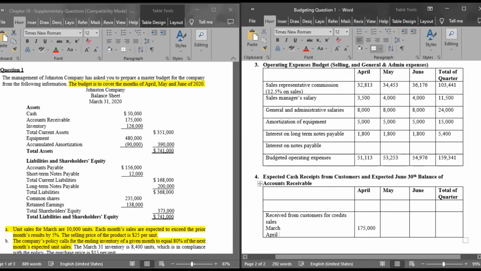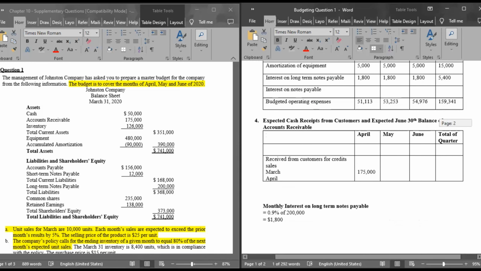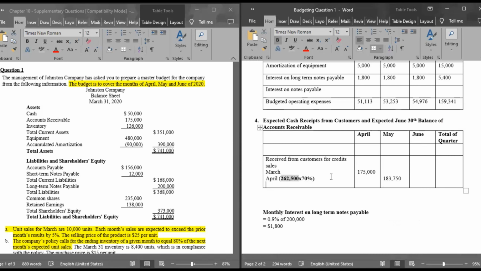So first of all, we need to know the total amount of April sales. The amount of April sales is 262500. We will take 70% of that amount because 30% is on cash. So please calculate 70% of April sales. And this credit sale will be received in the month of May. 183750. Next, we need to use the sales of